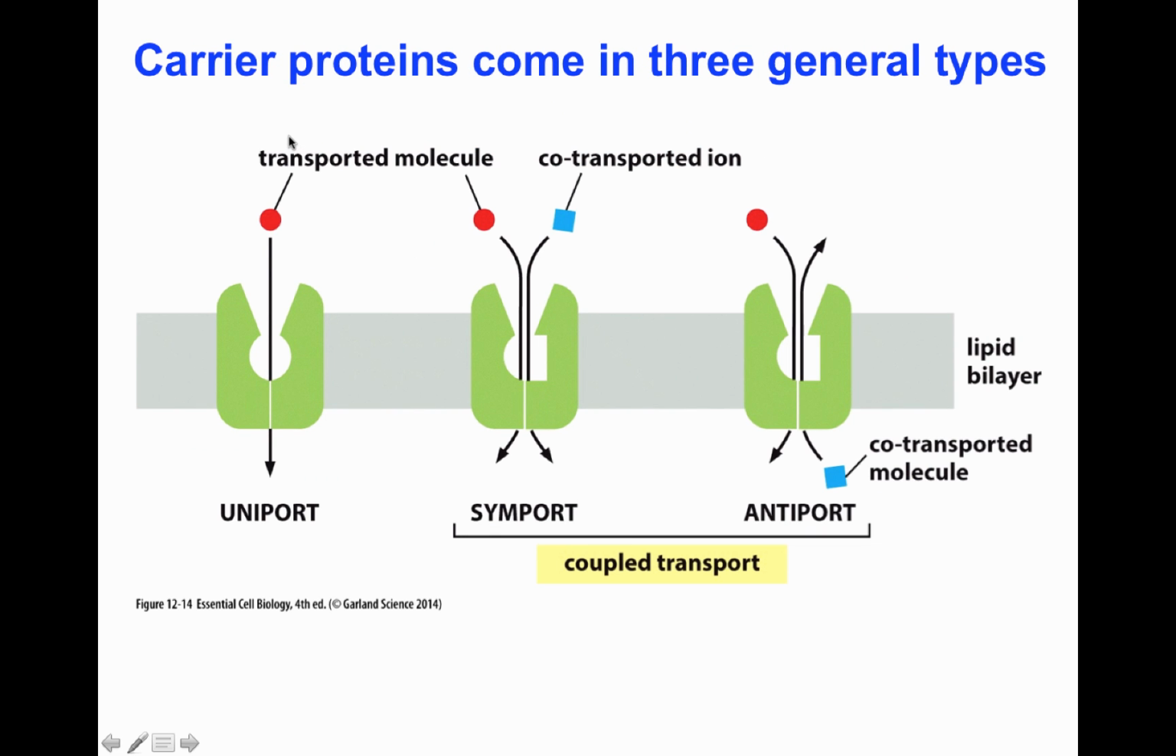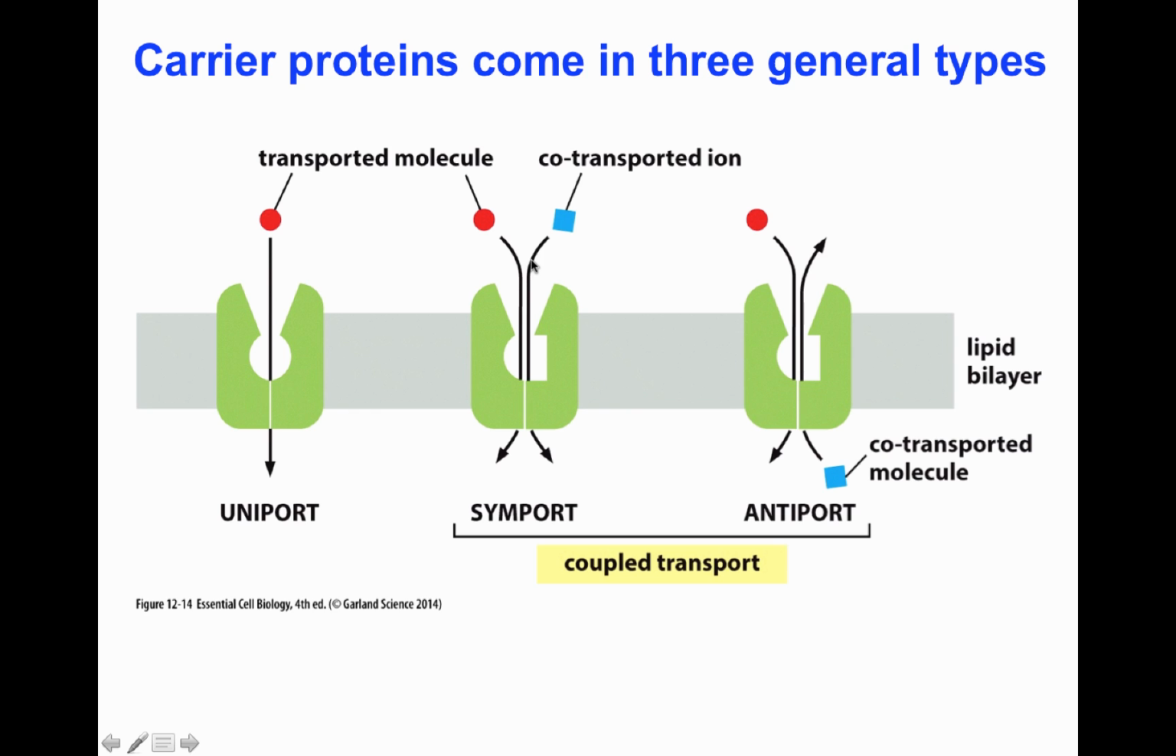Now, we can have carrier proteins, and those carrier proteins may come in three general types. A carrier protein that is only allowed to transfer one kind of molecule across the membrane is called a uniport. And uniports are able to either allow a molecule to go inside the cell or outside the cell. But oftentimes we have what is called coupled transport. And coupled transport are transport molecules that are going to allow for the transportation of two molecules, a transported molecule and a co-transported ion,